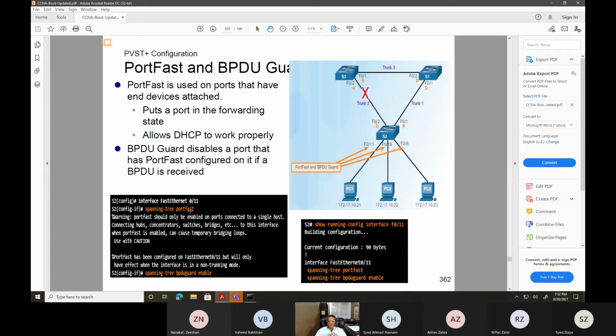So you always have to make sure that you put spanning tree portfast, and it always gets configured on interfaces where you have voice connectivity ports, voice over IP phones, right? Because with voice over IP phones, you have a cable going into the switch port, and then the cable from your PC goes into the IP phone itself. So that's why you need to make sure spanning tree portfast is there.